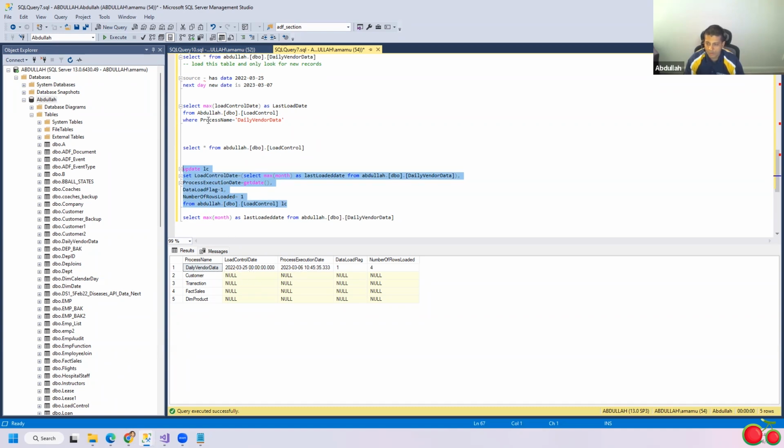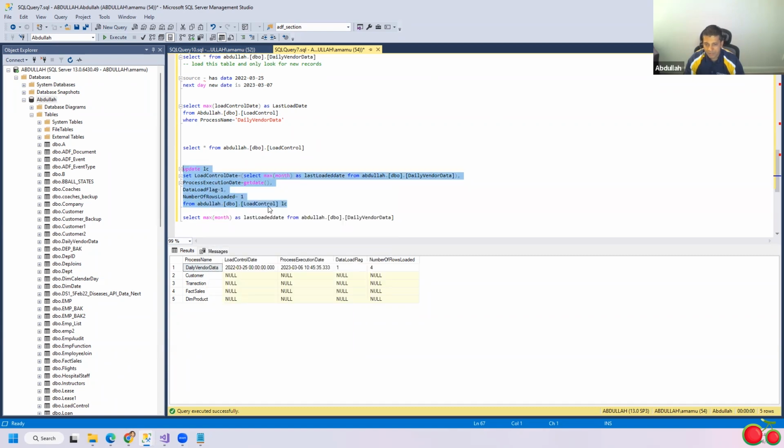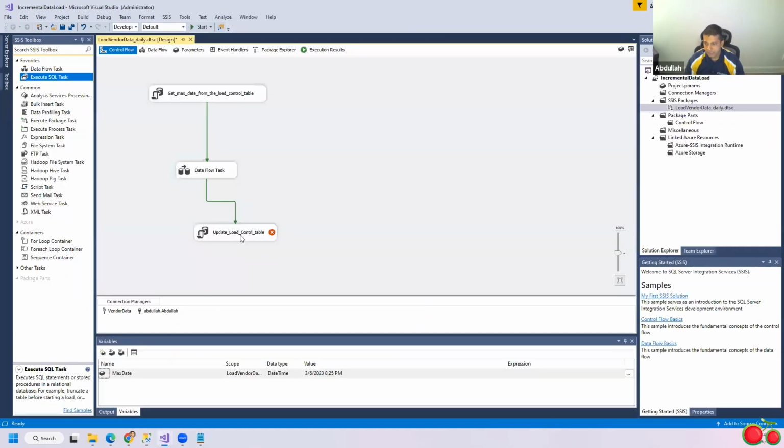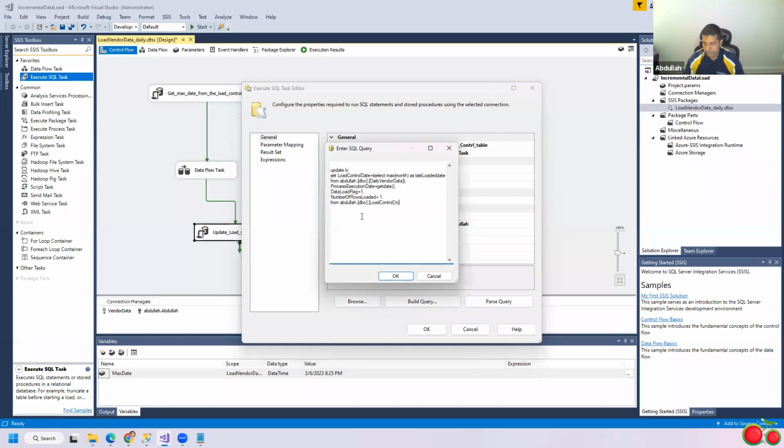But I don't want to run it from Management Studio. I want to run this from the package. So if I copy this over and go back to my package, and here if I go to this execute SQL task and we do this, right? Now, if I click OK,